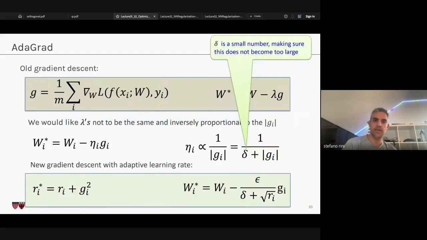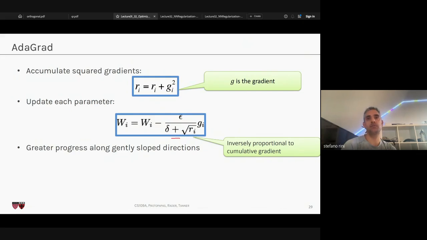Of course, the question that you will ask me is, aren't we changing the optimization direction by doing this? The answer is yes. But if people decide to use it, it's because the trick works. Some of the discussion that we have here is very much tailored to the experience that people have had in the past decades training deep neural networks. And so it is true that we are breaking what is our understanding of